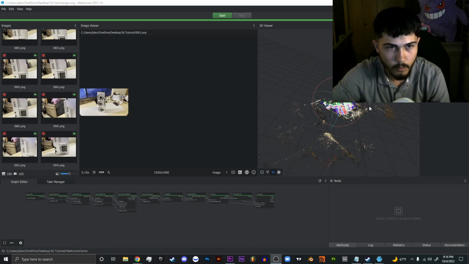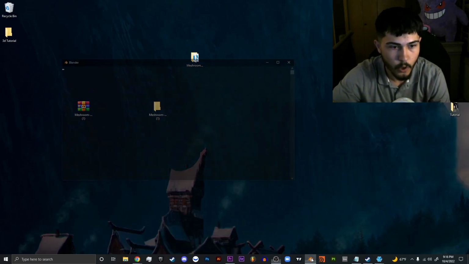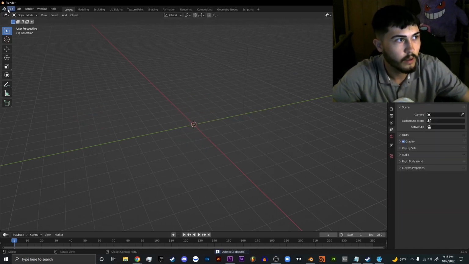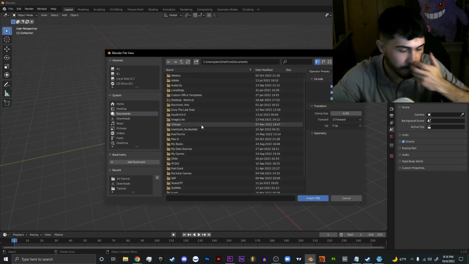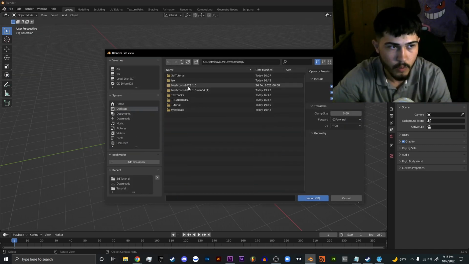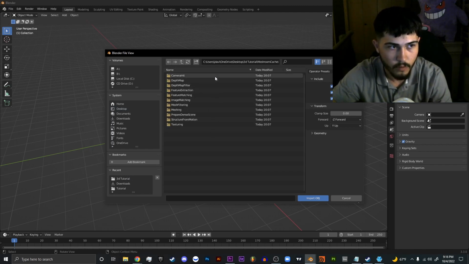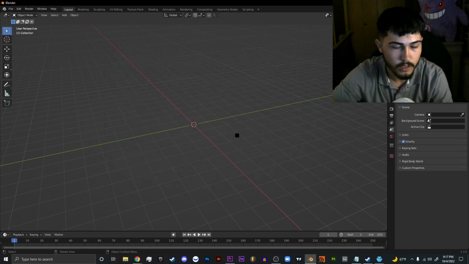So now we can take our model that's finished right here, and we can put it into Blender. So first thing we're going to do is we're going to open up Blender, and we can delete all of this stuff. Go to File, Import OBJ, and then the model for Meshroom is going to be wherever you stored the pictures, the folder there. So I put them here, and it's going to be the folder that was generated automatically called Meshroom Cache. Take it here. These are all the nodes individually, every step. We'll go to texture, and we'll take the one from there, take the OBJ,